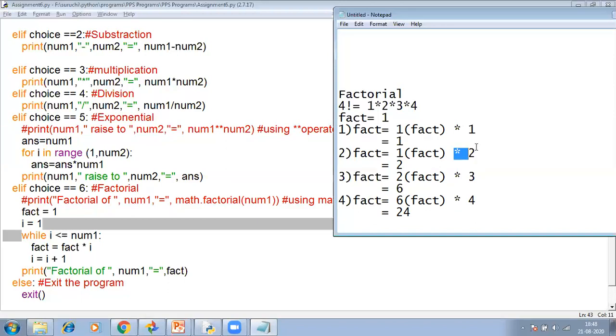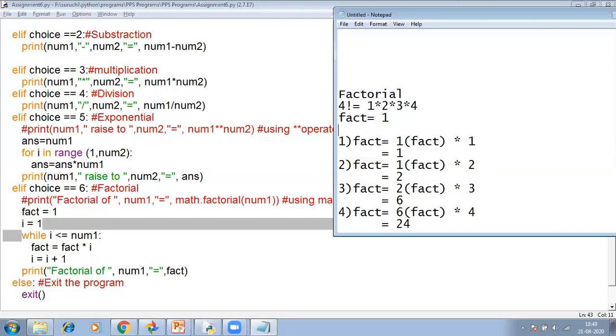Then what are these numbers? These are just counters which we can vary from 1 to 4. So let us take it as a variable called I. So initially I is equal to 1. Then it is incremented.